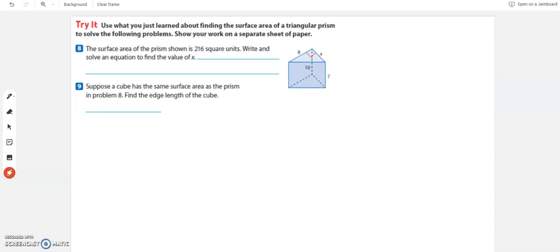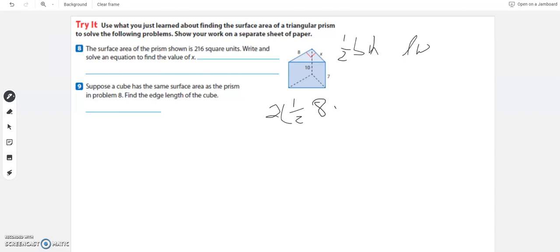So the first thing we have to do is remember that the base, in this case, is a right triangle. The area to find that is 1/2 base times height. Okay, we'll go ahead and pen 1/2 base times height. And the way to find the area of the sides is just the length times the width, or height times the width, whichever way you want to do it. So for the base, we got two of them. So it's going to be 2 times 1/2. Because this is a right triangle, either leg can be the base, or either one could be the height. So 1/2